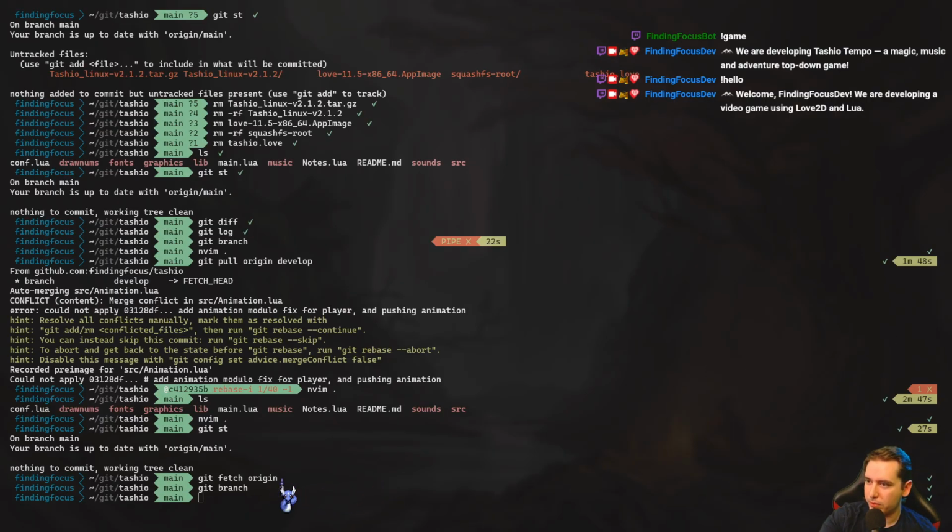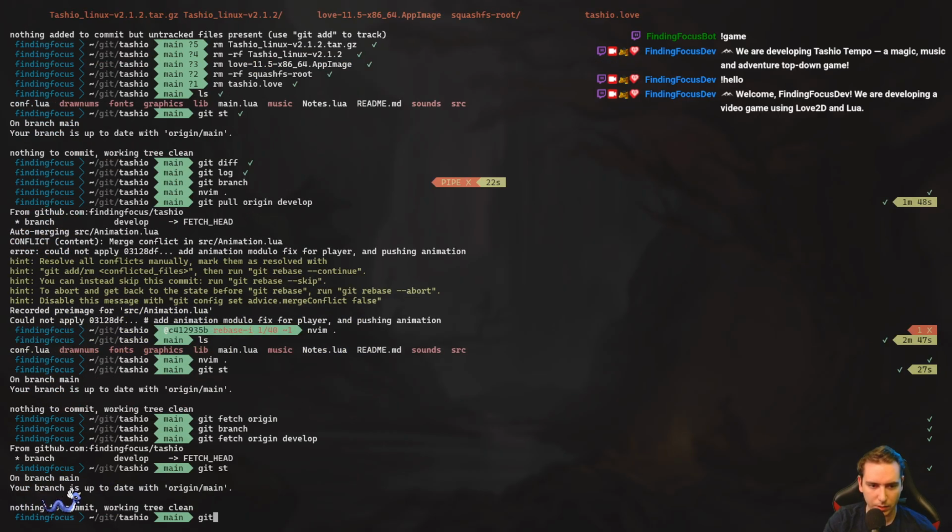Dude, it doesn't have our branches, which is just confusing to me. And then when I git pull manually by the develop name, it just merge conflicts, rebases. Let's see. Resolve all conflicts manually, add them back, run git rebase --continue. Okay, so that's what we didn't do. Let's try it again. git fetch origin develop. What, that time it worked? See, why did that time it didn't merge conflict? Because it didn't try to merge. I just wanted to see my freaking remote branches, but I don't even see it.